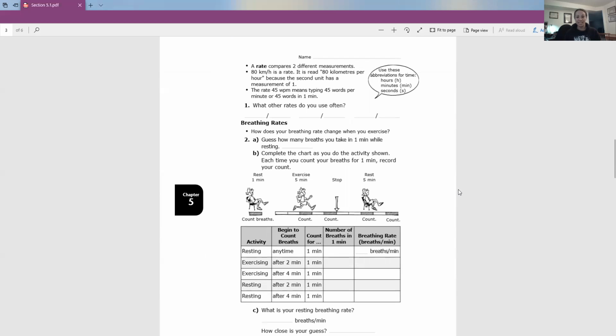Okay, so hopefully you've had a chance to finish those up. We're going to take a quick look at rates. They're very similar to ratios where they compare 2 values, except rates have units. You see one of them all the time when you drive in the car. That would be kilometers per hour. It's a speed. If you're really good at typing on the computer, you would look at something as words per